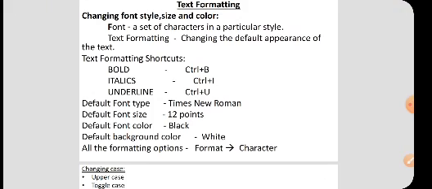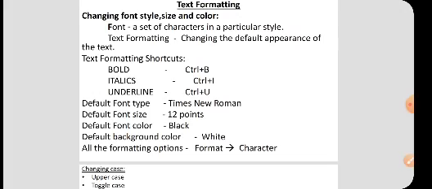If you want to change the color, you have to change it. All the formatting options are in the Format menu. If you click the Format menu and then Character, in that we can change the font style, size and color.